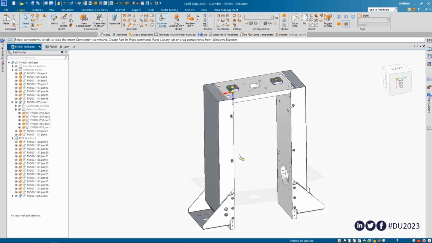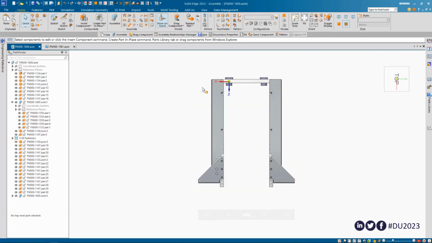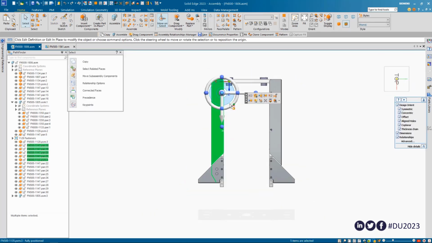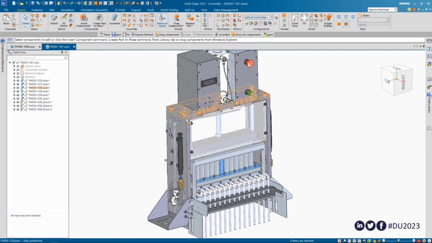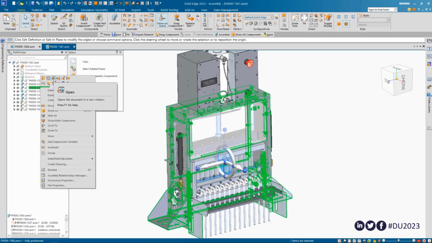So what we need to do now is go and copy some of these over to the other one. So I want those four, I want that, but this time I'm going to select 1805 directly from there. These are the parts that I want to copy, and then I want to copy them over to this larger version of this, but I want to copy them to the sub-assembly. So I'm just going to go and open in new window